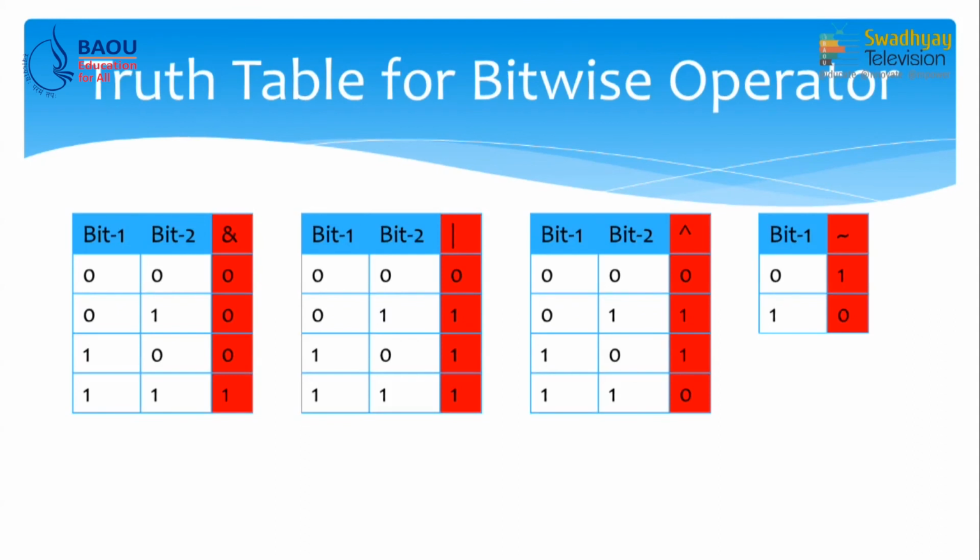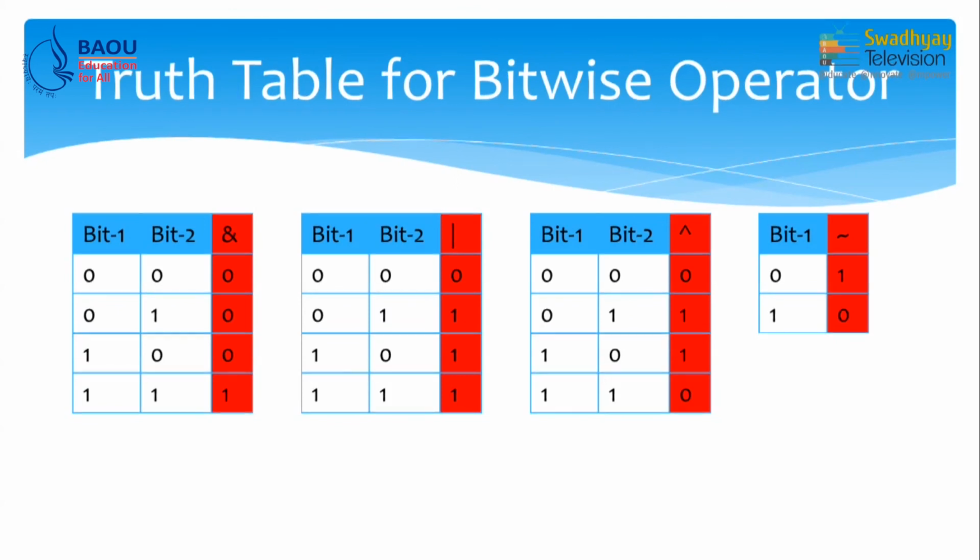Similarly, we have 1 and 0, so it again returns 1, because the first bit is set to 1, and in the last we have 1 and 1, so again it returns 1. So, in case of bitwise OR, we always get 1 if one of the bits is set to 1, and we only get 0 if both bits